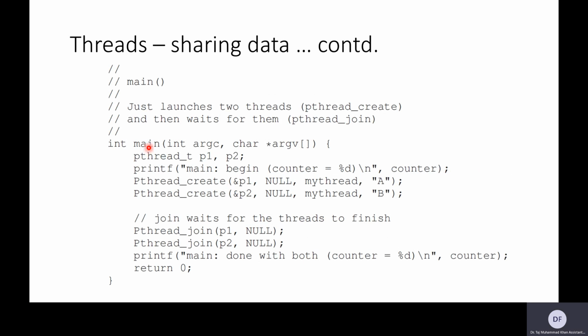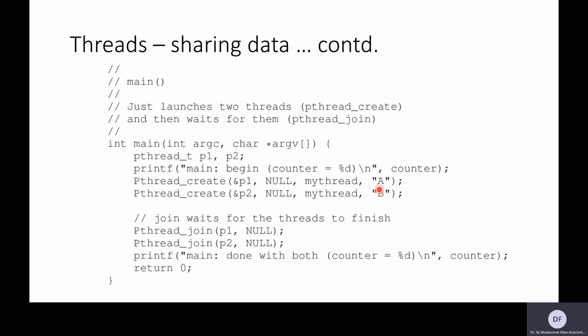In our main function, we create two threads and we store the data of these two threads in P1 and P2. Both these threads will be running this function myThread, which we saw in the last slide. This function accesses that global variable counter and increments the value 10 million times, but this will be happening in two threads running in parallel. A and B are the arguments that we are passing to these two threads,